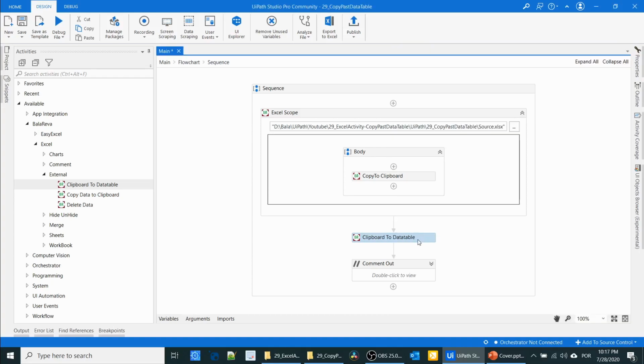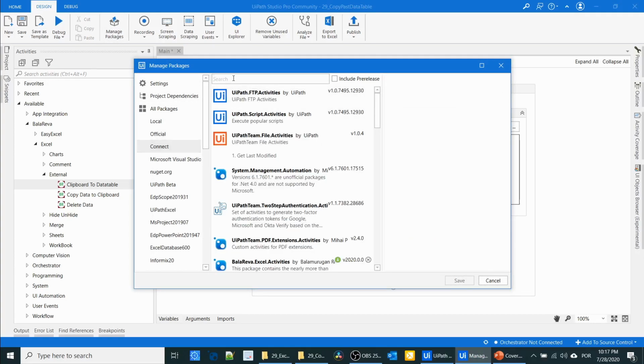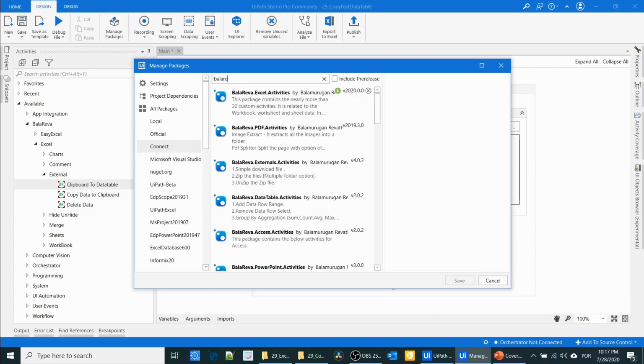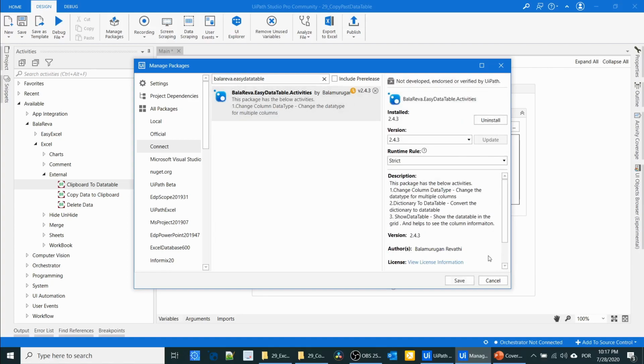So how can I see the data table values? To see the data table values, we have an activity. Go to manage packages, select connect, and here type balareva.easy data table. Select the package and install it.